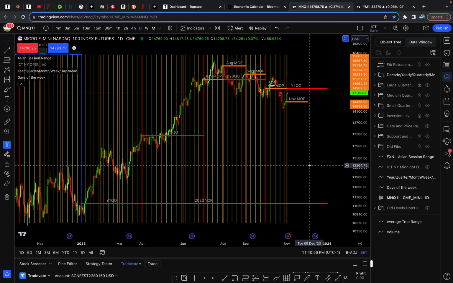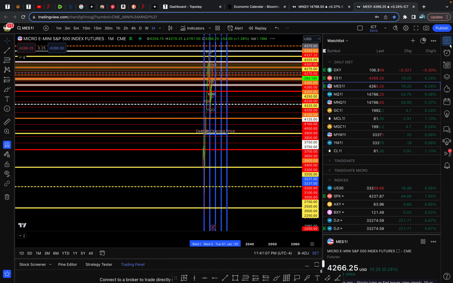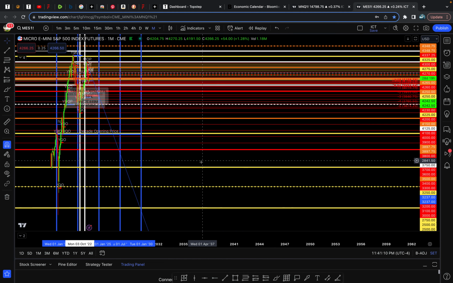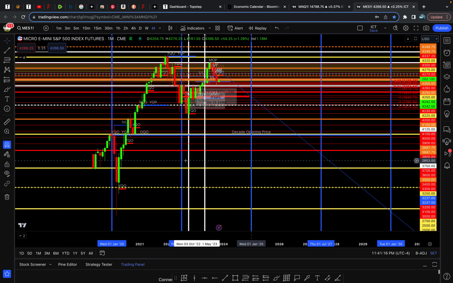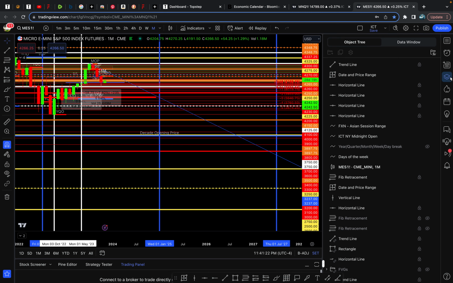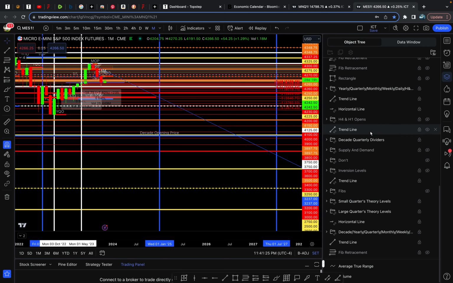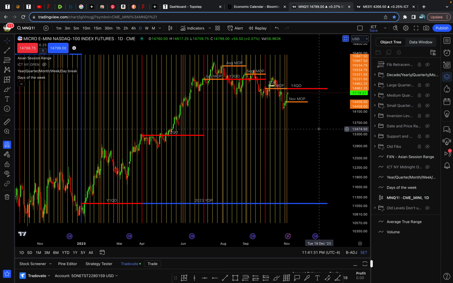I don't have a lot of this on here. I have spent a lot of time on other charts. If you go to this one, I probably have more stuff on there. See, I broke down all the years and everything. But I've got to come over here and organize all this stuff, and that's what started this. The reason I'm making this video is because I got everything organized, and when you do that, it's just so great. You can see things, and that's what I want to show you.